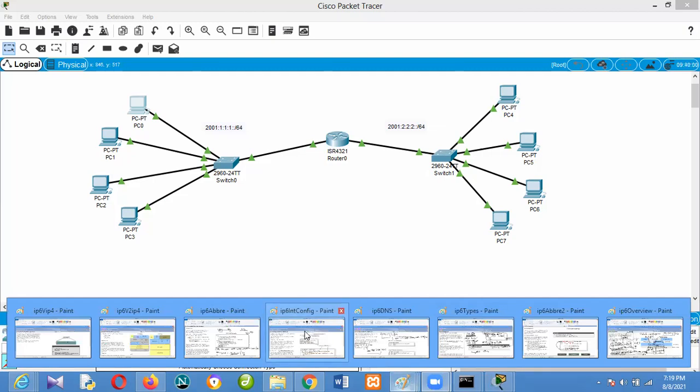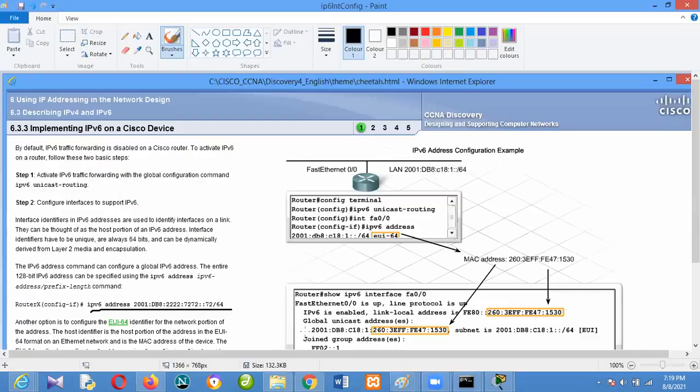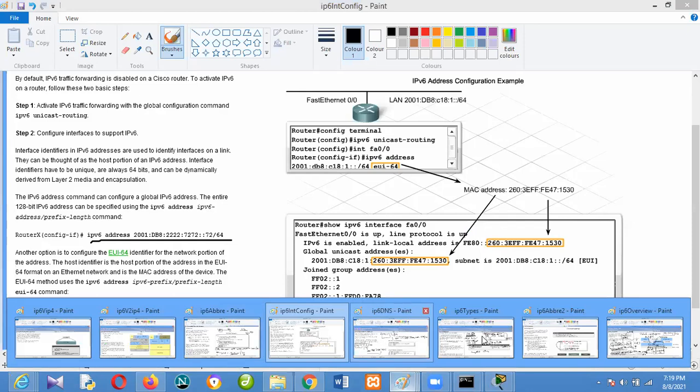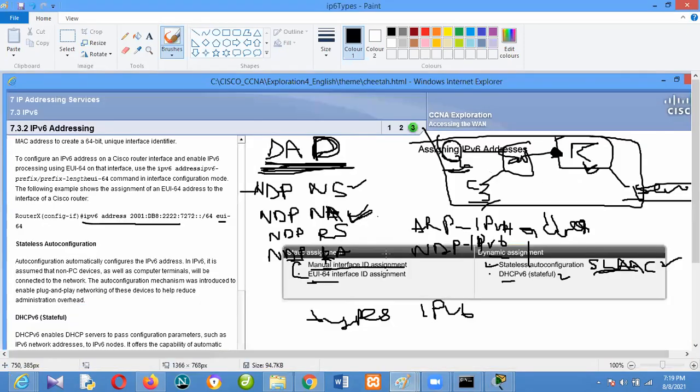Okay, if we don't have any questions, I've already shown how to configure. So what we did was configuration of the IP address manually.